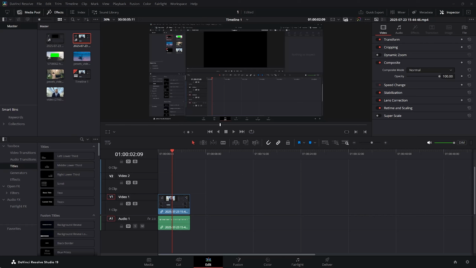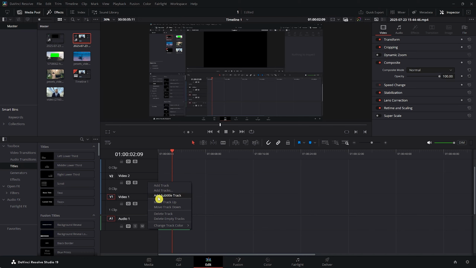In today's video, I'll show you how you can add subtitles in DaVinci Resolve. So let's get started. First of all, I'm going to show you the free way and the manual way. Basically, you just need to navigate here into the Edit tab, go into your timeline, right click, and